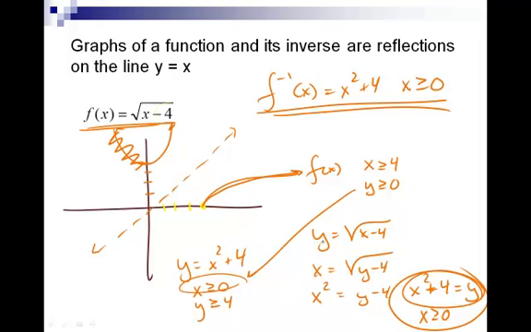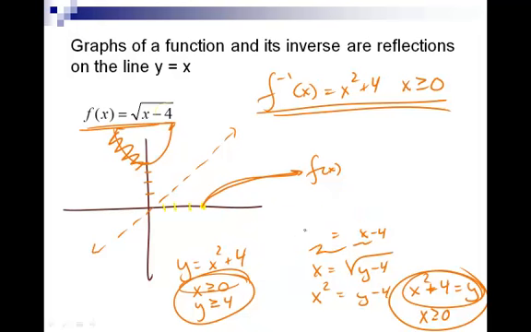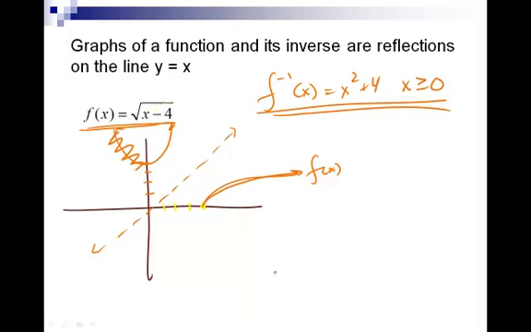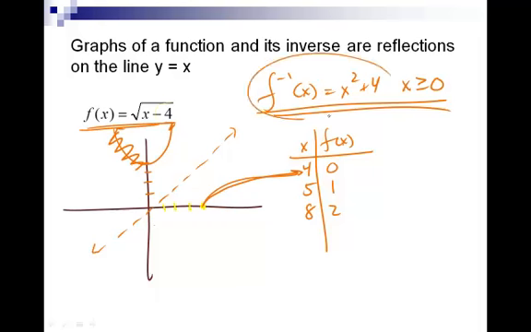So you can see that the x and the y switched position for the equation, and the x and the y switched position for my domain and range. As a matter of fact, in order to get an inverse function, all we really have to do is switch x, y in a table. Let's look at that with this example. I have both of my functions written here. For f of x, if I plug in x equals 4, y is 0. If I plug in 5, f of x is 1. If I plug in 8, f of x is 2. Take a look at my inverse,